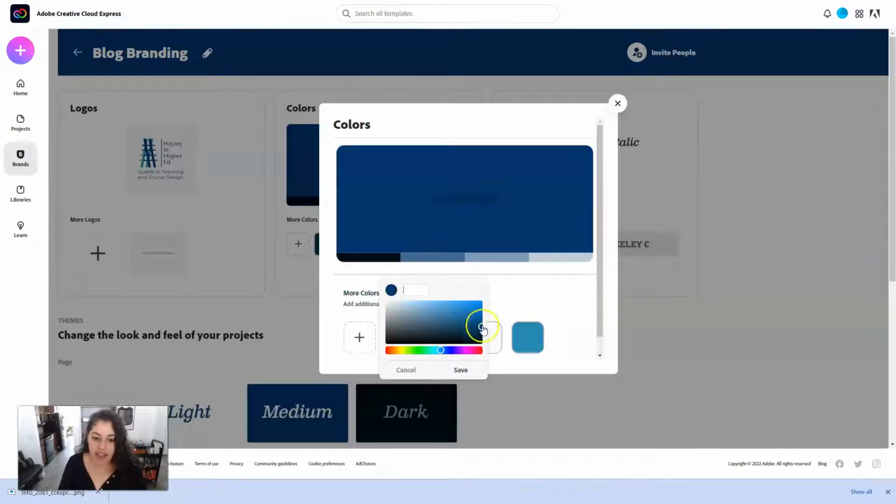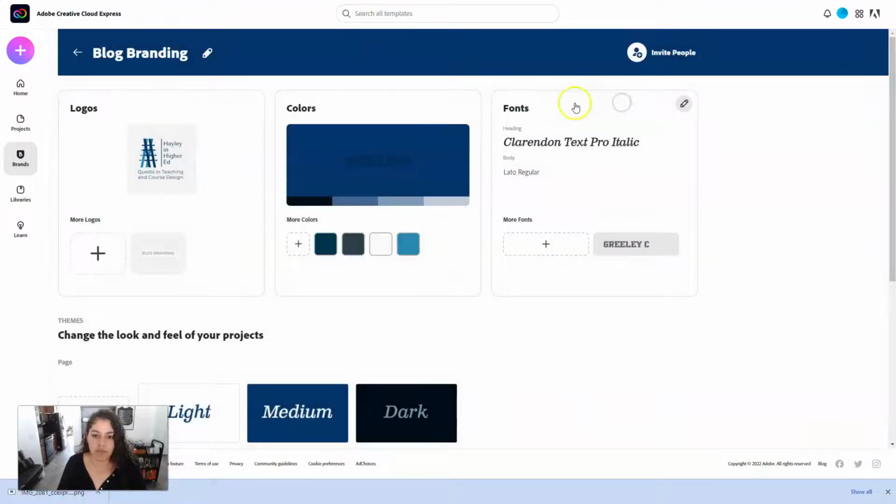And so you can add hex codes or you can sort of drag around as well. We can also change fonts, and the main reason to put things in the branding panel here is really because it makes it faster to update everything to be consistent with the brand when you're actually creating the post,